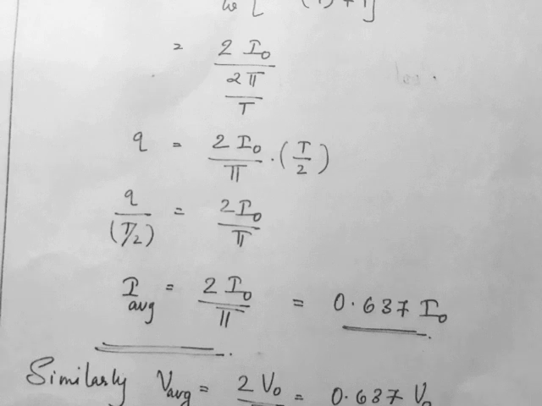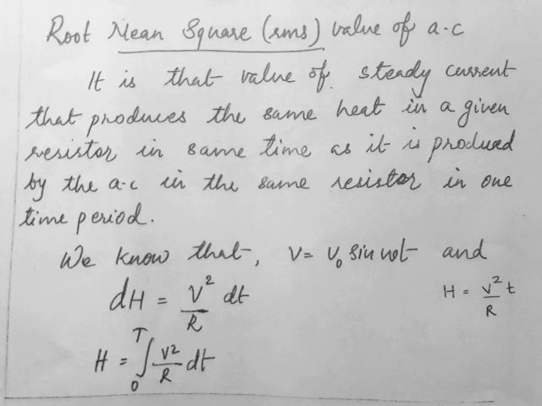So for that we have a particular device called a hot wire ammeter. We measure AC using a hot wire ammeter. It is based on the heating effect of current. So when current passes through that ammeter, there will be heat produced. So even if it is AC current, it will produce heat. So that is how we measure AC current. So the usual ammeter or DC ammeter and galvanometer cannot be used for AC. Now another quantity we need is the root mean square value of AC, or RMS value of AC.